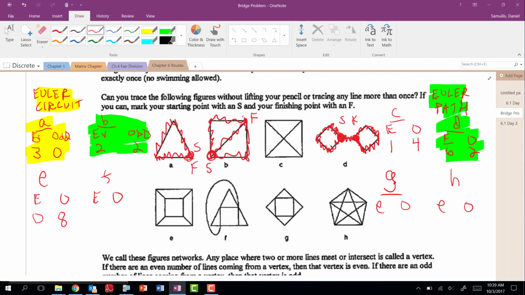Okay, how about letter F? How many evens? Well, let's do this. How many odds are there? Isn't this odd, down here in this corner? And isn't this odd because it's ginormous? It's 5, correct? Aren't all the rest even? So, I have 2 odd, and again, this is the discoveries you should have made with your group.